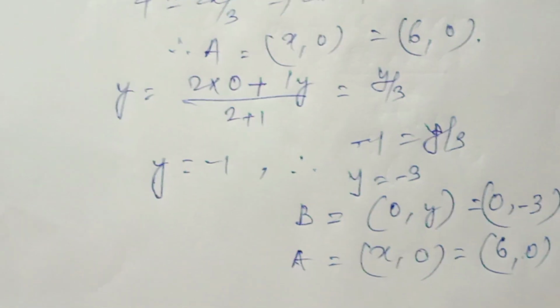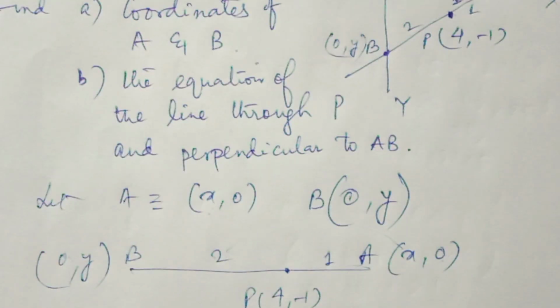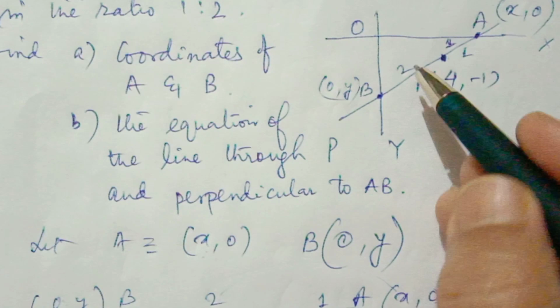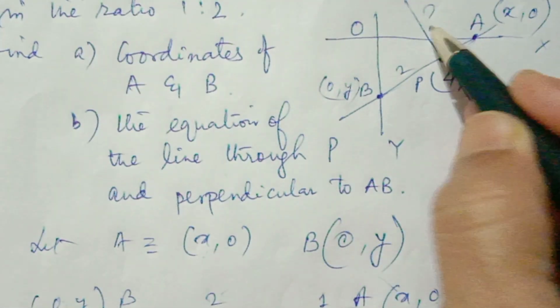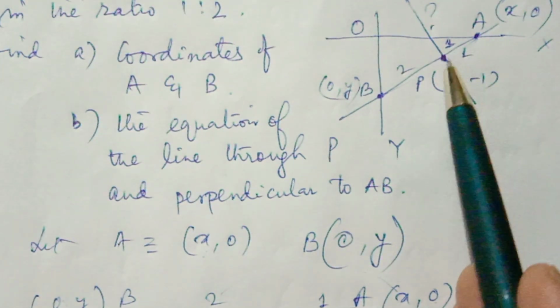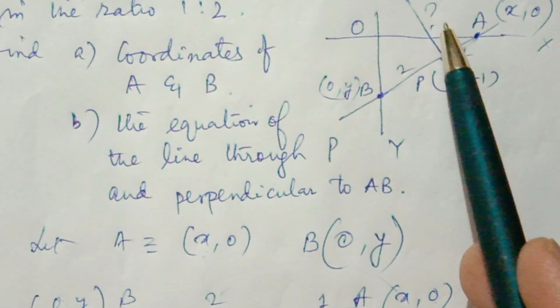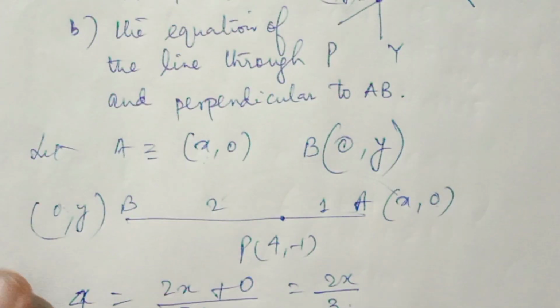तो ये 2 पॉइंट हो गए, तो पहला लाइन। अभी दूसरा क्वेश्चन बताता है द इक्वेशन ऑफ द लाइन थ्रू पी। तो आप देख सकते हैं इक्वेशन ऑफ द लाइन थ्रू पी यहाँ से होना चाहिए परपेंडिकुलर टू एबी, तो इसके साथ ये परपेंडिकुलर होना चाहिए। तो इस लाइन का इक्वेशन निकालना। यहाँ पर हम पहले से जानते हैं ये पॉइंट दिया हुआ है जहाँ से पास कर रहा है, और इसका स्लोप हमें निकालना। तो पॉइंट स्लोप लगा के हम इक्वेशन निकाल लेंगे।